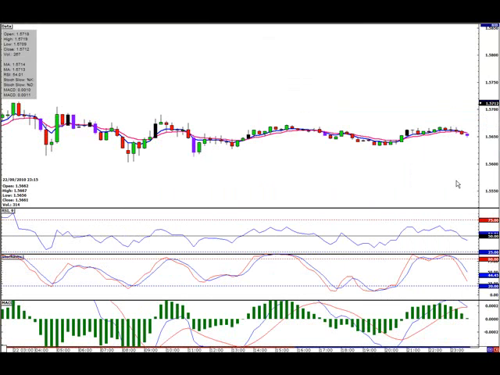Alright, so that's really all we're looking for in the case of the Cowabunga system. Alright, so simple enough. We have our news events handy. We know we're only looking for long trades. Now we're ready to begin our day.